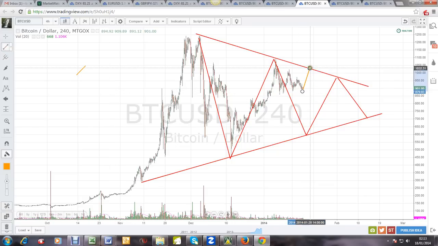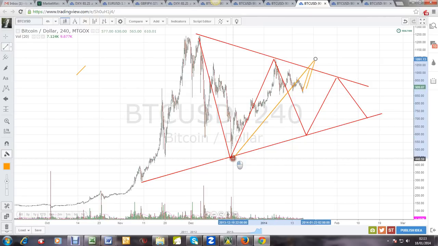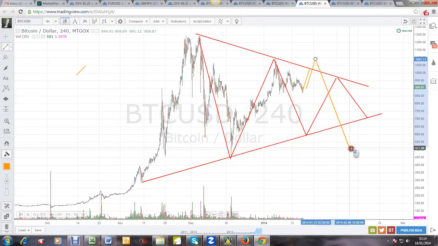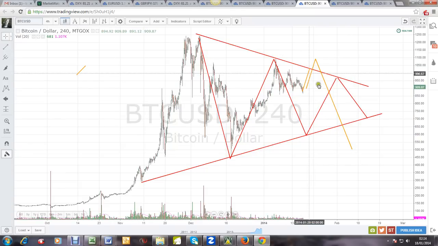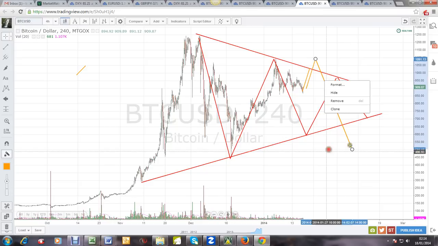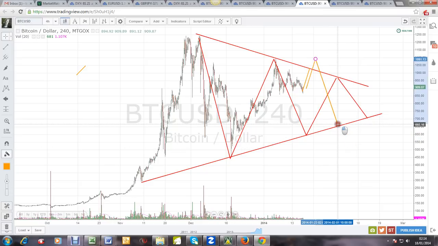Either up to here or maybe up to there, and then come down in 5 waves. So come back and retest this low here, almost like that, because we're expecting that as a flat. But it's possible that if we didn't do that, then the flat would still work with this one dropping to here